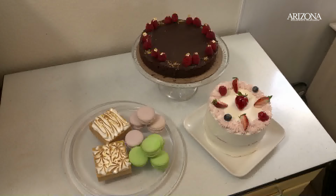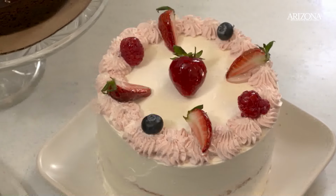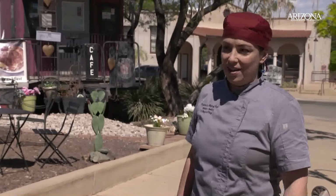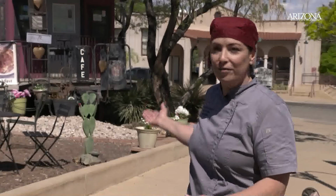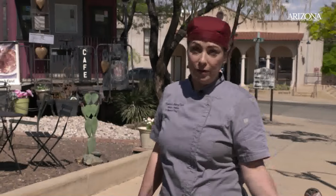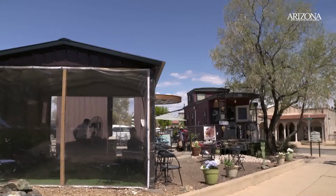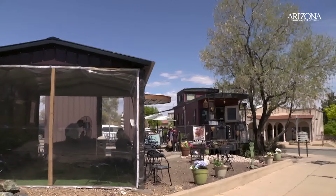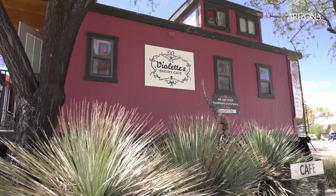Arizona has a cottage law, and I baked everything from my house and sold it at the gift shop that was actually in this caboose. And I had a little case, and I'd show up every morning and sell my stuff and sell coffee from in there. And I got a following, and the following kept getting bigger and bigger that I started putting chairs and tables out. The gift shop owner decided to retire, and I asked the owner of the caboose